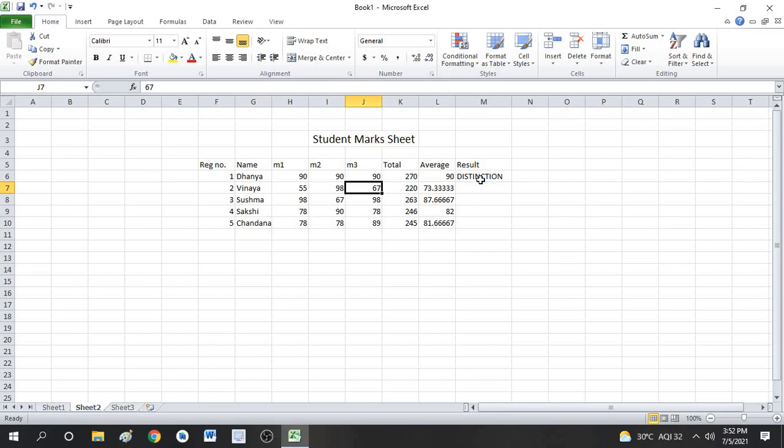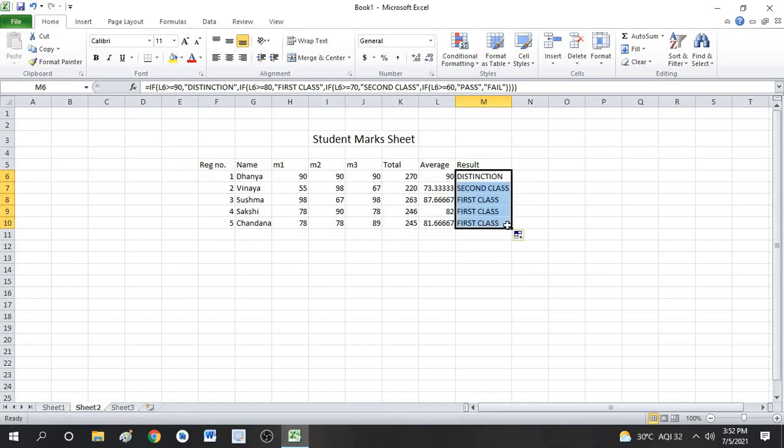So if it is equal or greater than 90, then the result is distinction. That was the condition given in the if. So you have to just drag it down. So now my result mark sheet is ready.